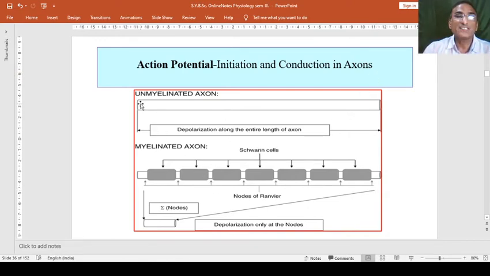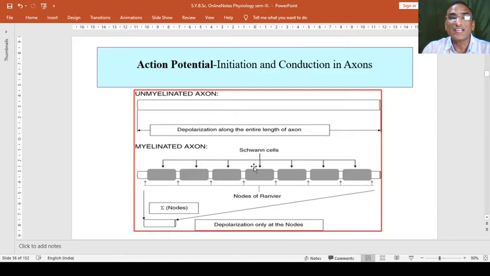You see, this is a simple unmyelinated axon and this is a myelinated axon, means an axon which is enveloped by a sheath. We can call it a Schwann sheath or myelin sheath,